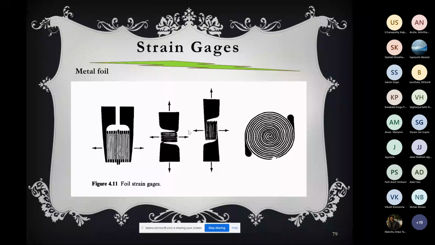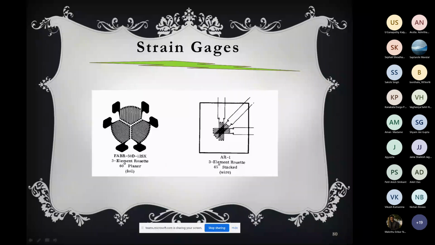So now again, if we continue, there are a few things I was discussing which I didn't finish. The point is that strain is not a scalar quantity. When you mention a strain, there are two things. One is at which point you are mentioning the strain, that is important. The next important thing is in which direction your strain is acting. So these two things are very important, but the way I discussed it, I never mentioned this. So now let's discuss it.